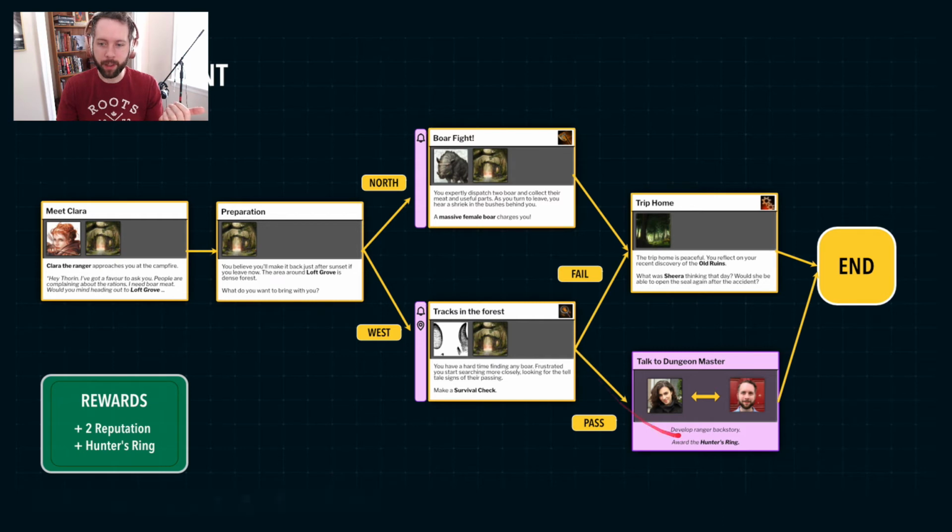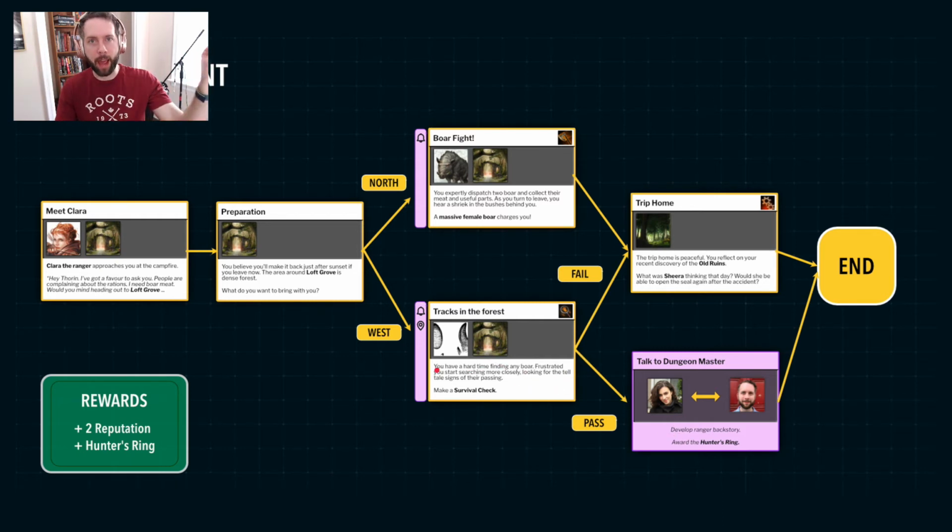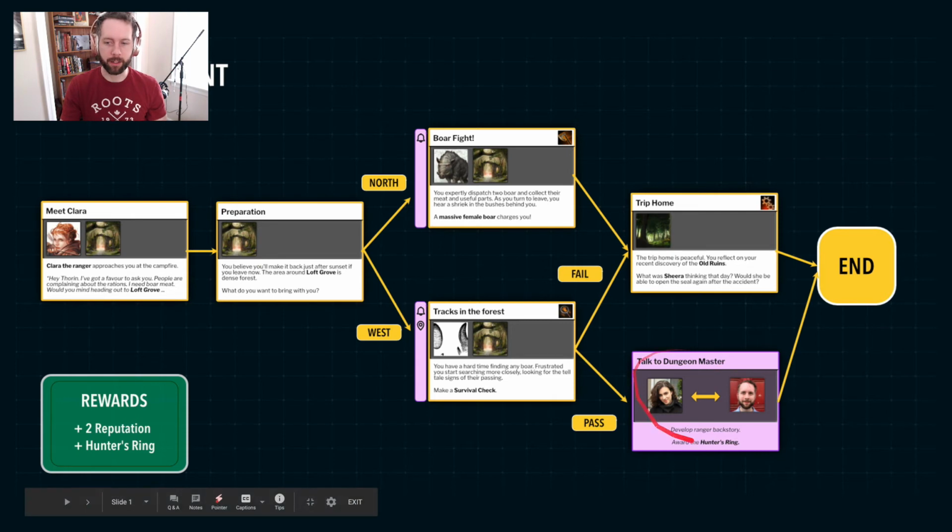And then the game master, of course, would receive an automatic transcript of everything you've done in this quest. So they get this notification, they can see everything you did. They're like, oh, perfect. They fell for that thing that I planted. I really want to role play this with them and develop their backstory here. And then, when they're ready, they just text you and say, okay, let's go. And then you're just role playing,